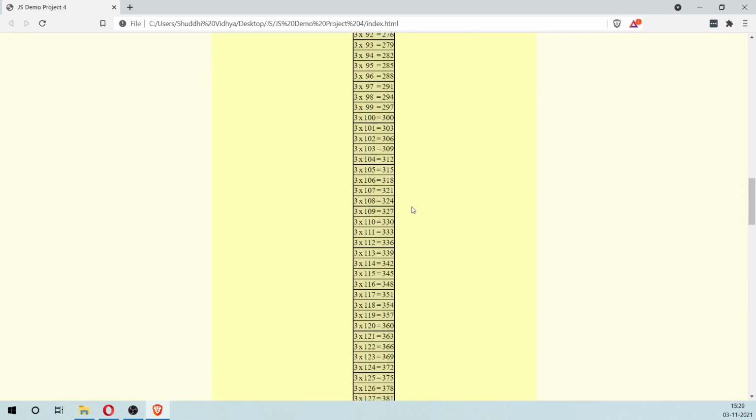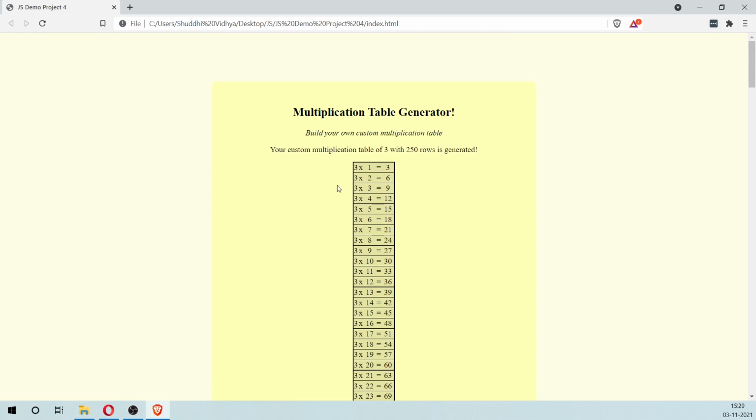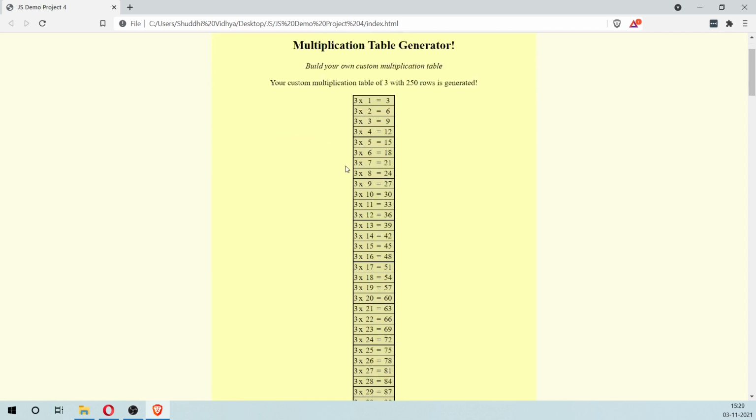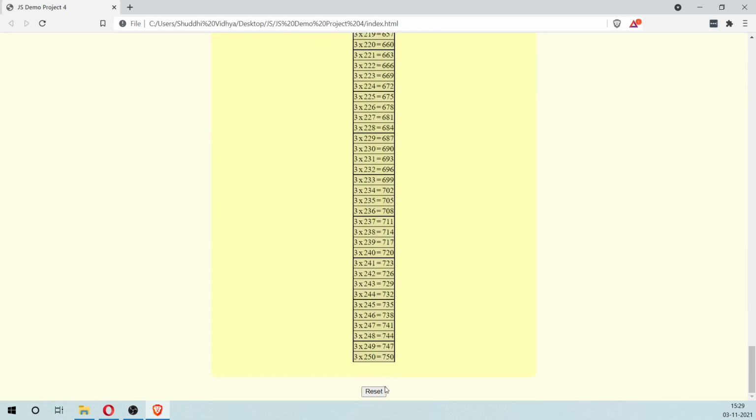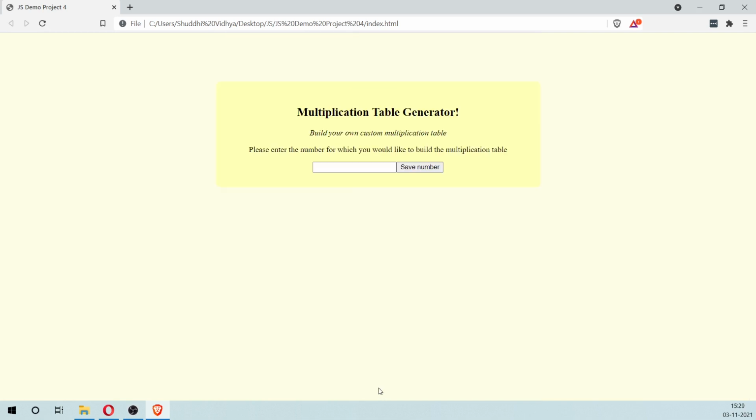So this is your challenge. Using everything that you've learned so far, you're going to create a multiplication table that takes in user input for two numbers in different stages. Just like we did for JavaScript project 3, you're going to do this in stages. In the first stage, we're getting the number that we need to build the table for. In the second stage, we're getting the number of rows for that table. In the third stage, we're going to show the table like this, and you should also include a reset button at the very end, which will take them back to the initial stage. So this is your challenge.